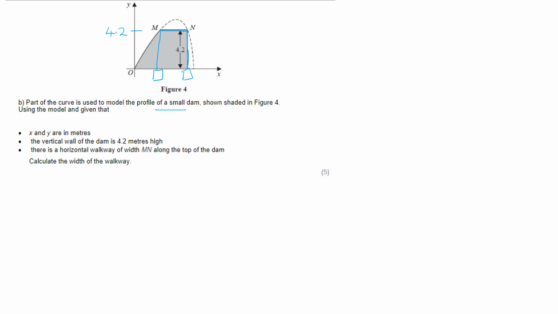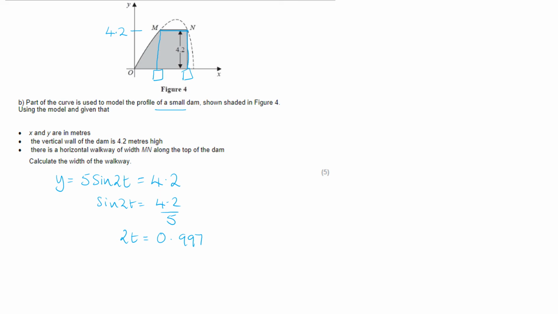Our parametric equations told us that y is equal to 5 sine 2t, and we're being told that we want y to be 4.2. So if we equate that to 4.2 and start to solve for t, then sine 2t will equal 4.2 divided by 5, and then you inverse sine that. Remember you have to be in radians. Whenever you're doing anything with calculus, you need to be in radians. Inverse sine of 4.2 over 5 gives us that 2t is